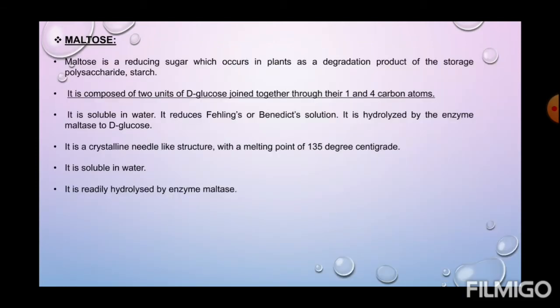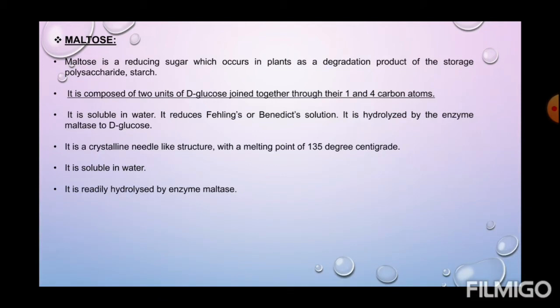Maltose. Now, children, maltose is also a disaccharide which occurs in plants as a degradation product of polysaccharide. Before I tell you how maltose is a degradation product of polysaccharide, I would like to tell you that a polysaccharide is actually made up of more than 10 sugar units. More than 10 sugars means, when we see the structures, there will be monomers. There will be monosaccharides, like 1, 2, 3, 4, 5, and so on till 10, joining with glycosidic linkages, and the whole chain of units will form a polysaccharide chain.